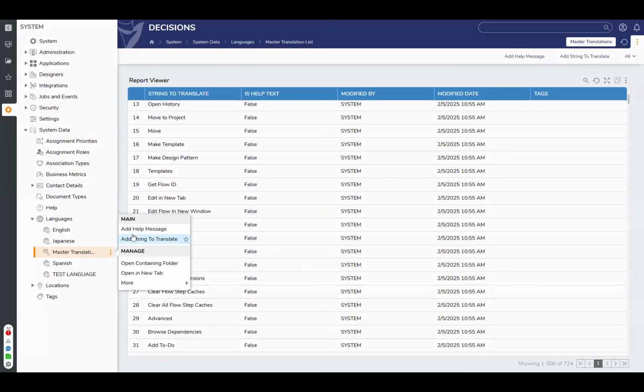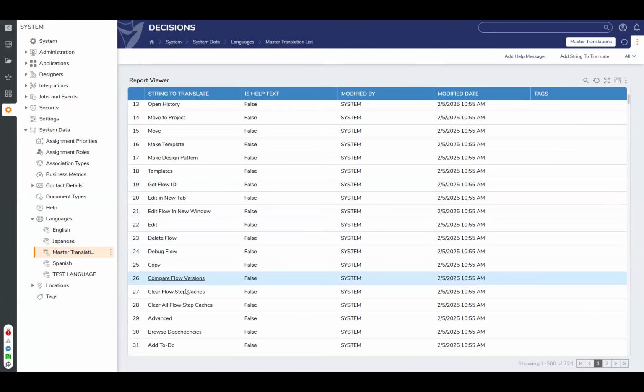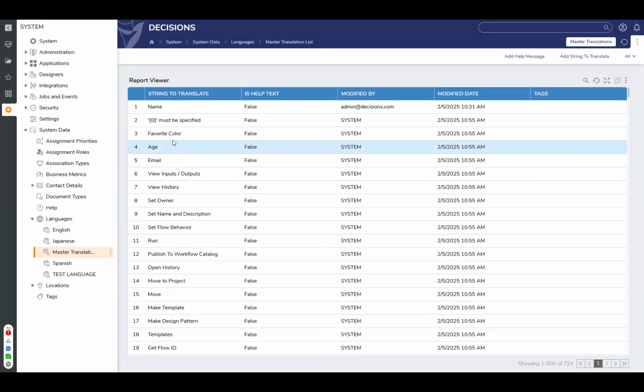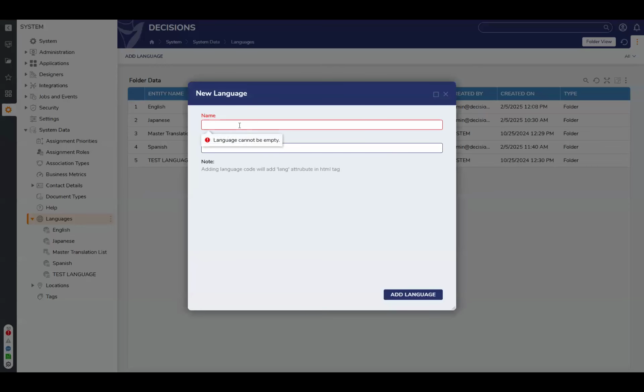You can add more yourself by setting it to some sort of variable or some sort of word or phrase that you want to translate to something else in the environment. However, it's a pretty comprehensive list, and I would start by looking in this first before adding duplicates. From there, you then branch off a language. You right click, you add a language here, or you can right click here and add a language. And you will provide the name of the language and the HTML code for that language as well.